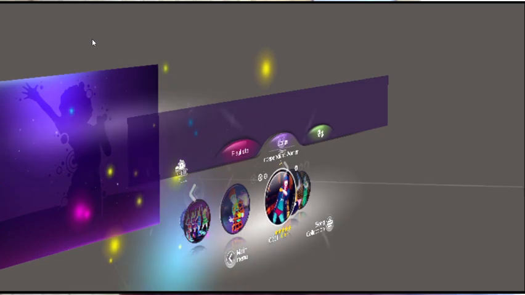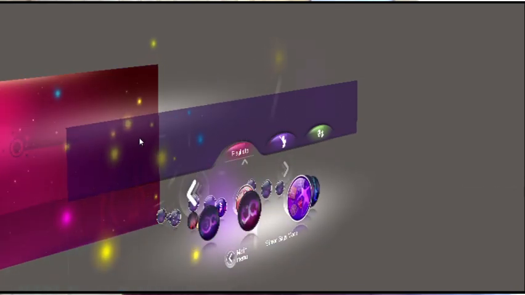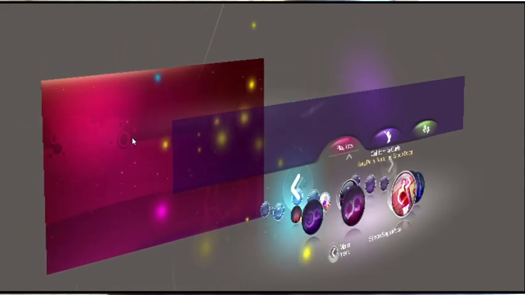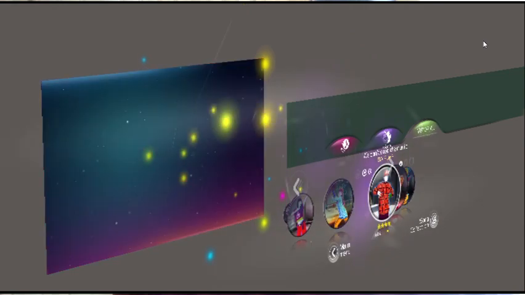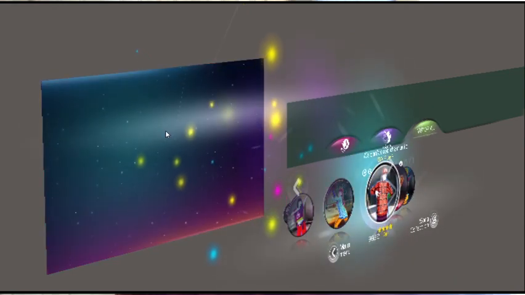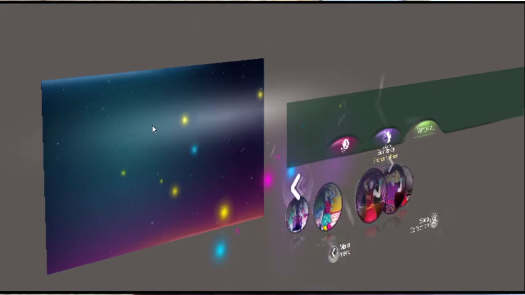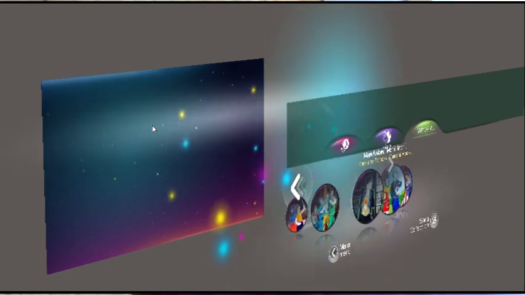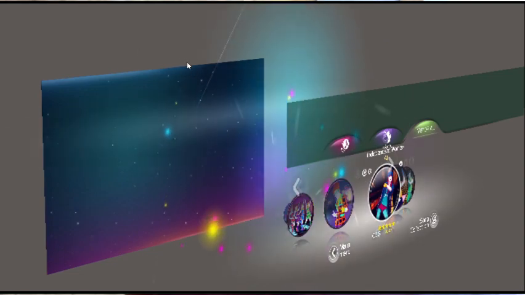If you go into playlists, everything will turn red, and this texture right here changes to match whatever is selected. If you select tutorial, which is normally supposed to be the special things, you can see right here that